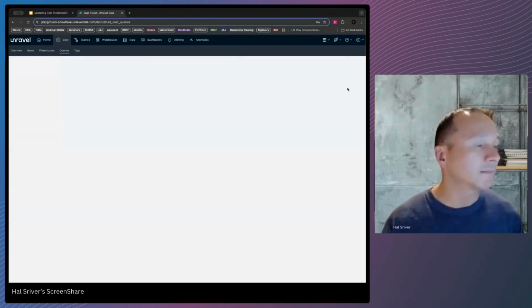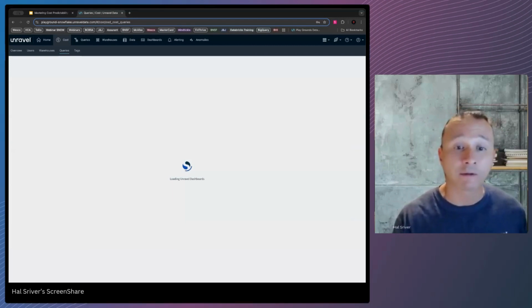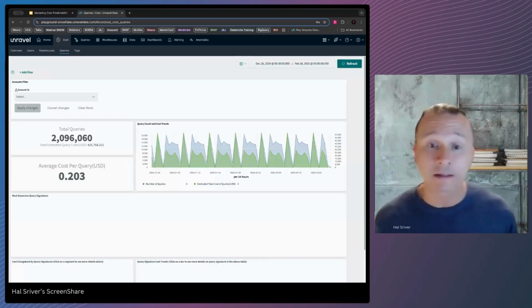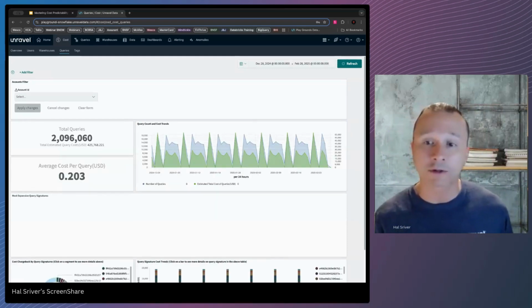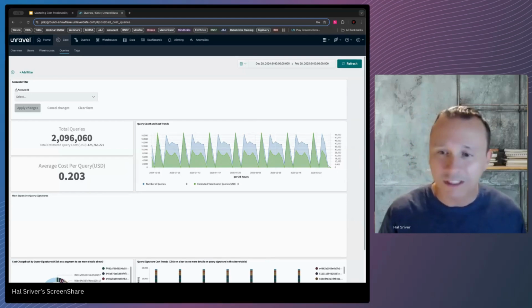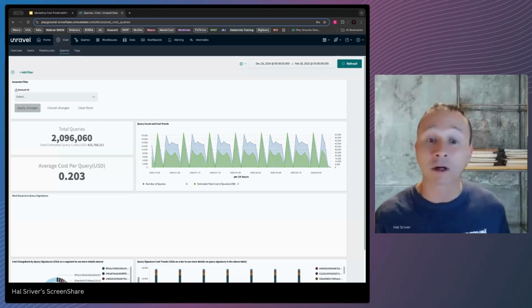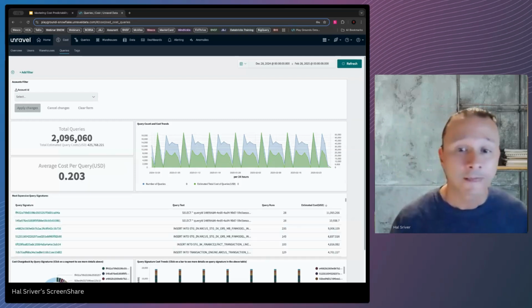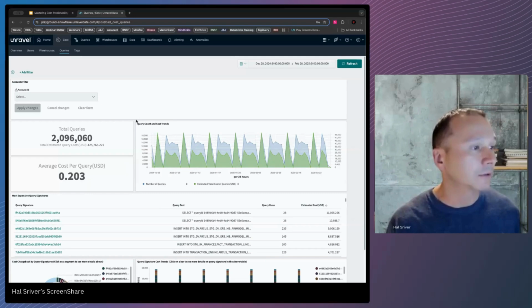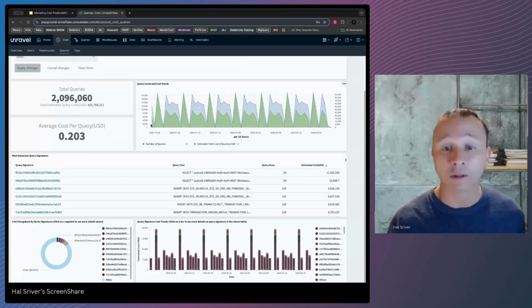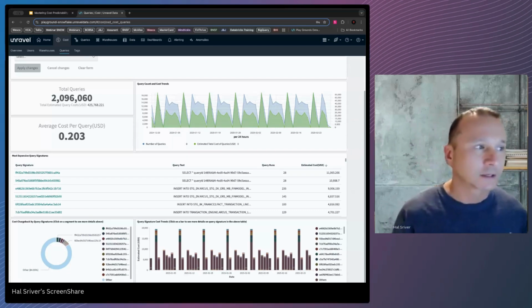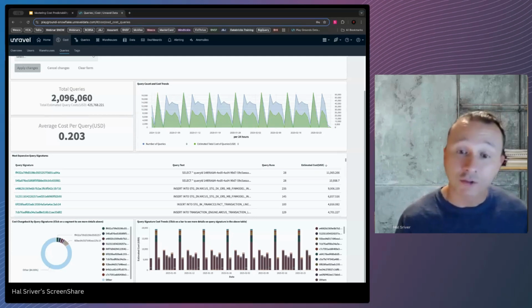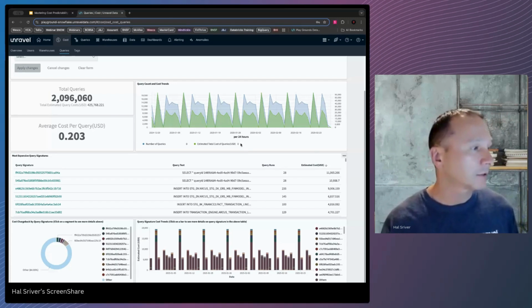And then lastly, at this query level. So in the hierarchy of things, we've seen the warehouse level, a bit more granular with the users, and so now what does each user do? They run queries against those warehouses, and this is where we can drill down into that lower level. In the dashboards, you have total queries, average cost per query, some cost trends around that. But also there's this